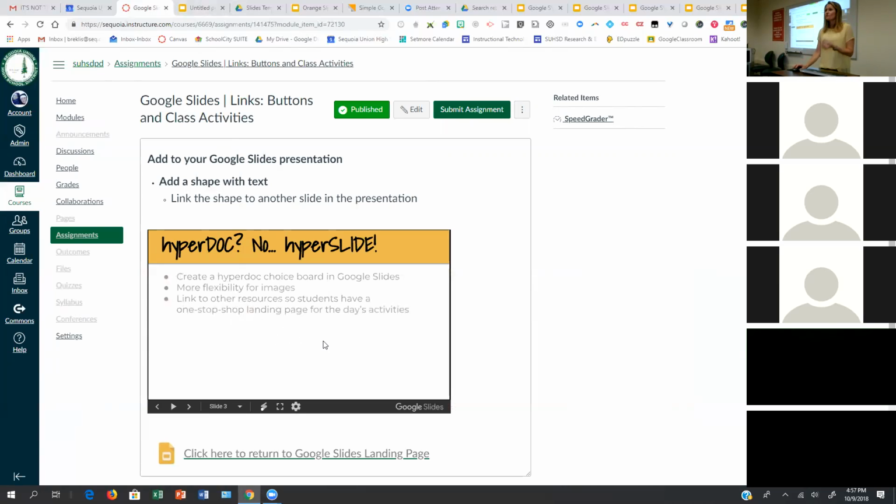It's saying try using slides instead of a Google Doc for your HyperDoc, whatever it is, your activity choice board that you're going to assign students, which is a great thing if you're going to have a sub. If you have access to a Chromebook in your room, it's really nice. So then the students already know what to do. They just log in and then they can use the activity in there. And the sub really doesn't have to do a lot.